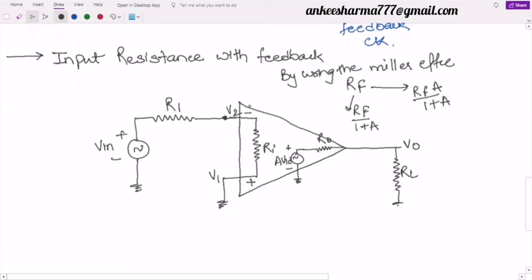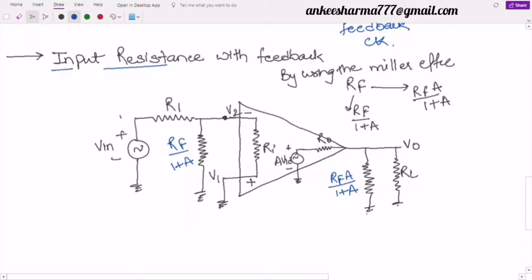So I will simply connect one resistance over here which is connected to ground. This is one resistance at the input side, and similarly one resistance will be there at the output side, whose values are determined by this Miller effect: RF upon 1 plus A, and RF into A upon 1 plus A. Now we don't need to look into this output terminal as we are finding only the input resistance. If I assume here current Iin,